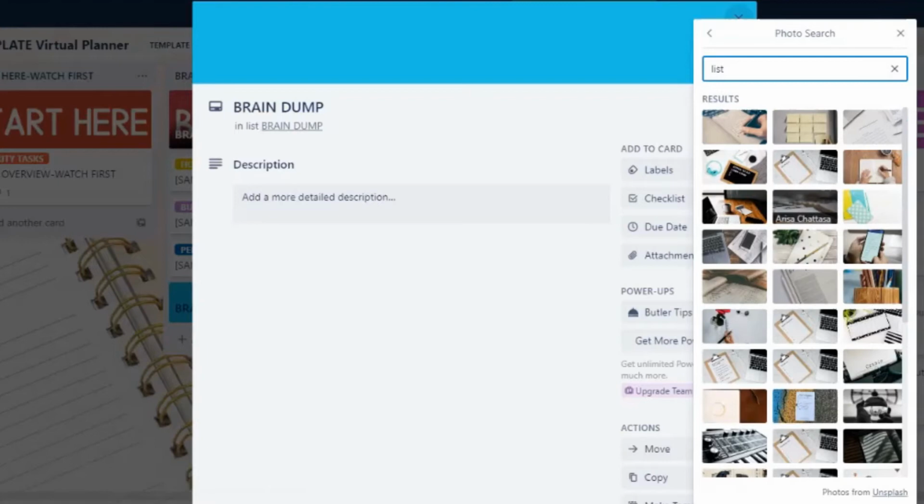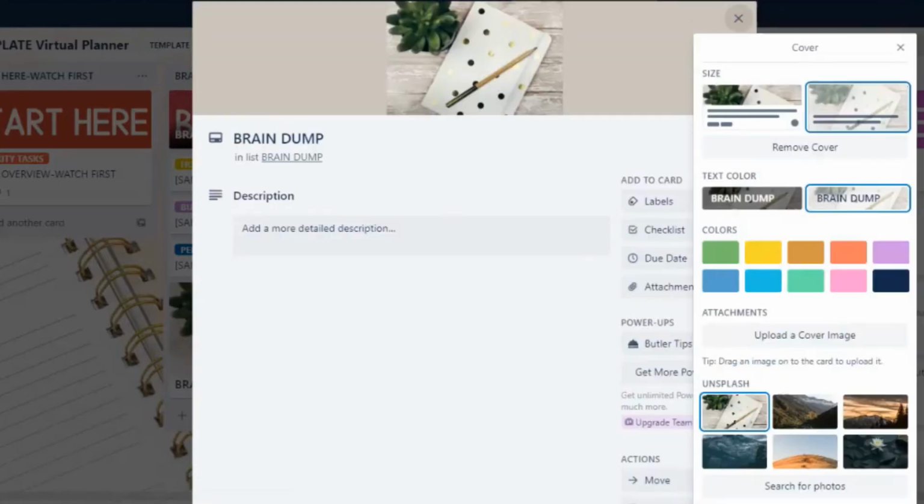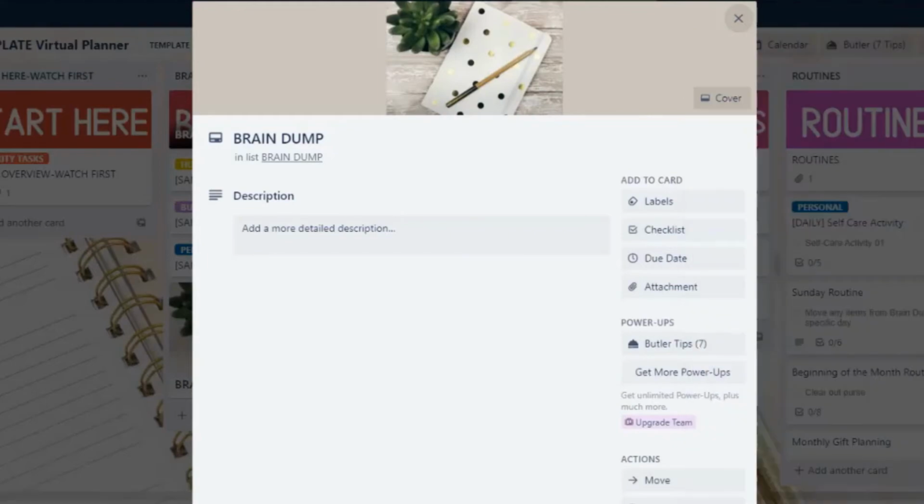But let's just pick one of these. So let's pick this one. Okay, so now you can see up here that we have our cover picture added. You can see here that the picture is behind the text, so the text is on top of the picture instead of having the image and then the text below it. So on this one, we can again choose either white text or black text. So let's keep the black text and let me show you